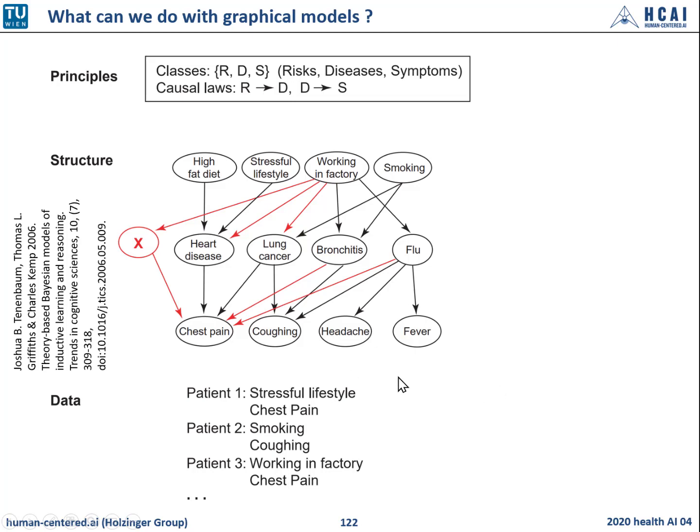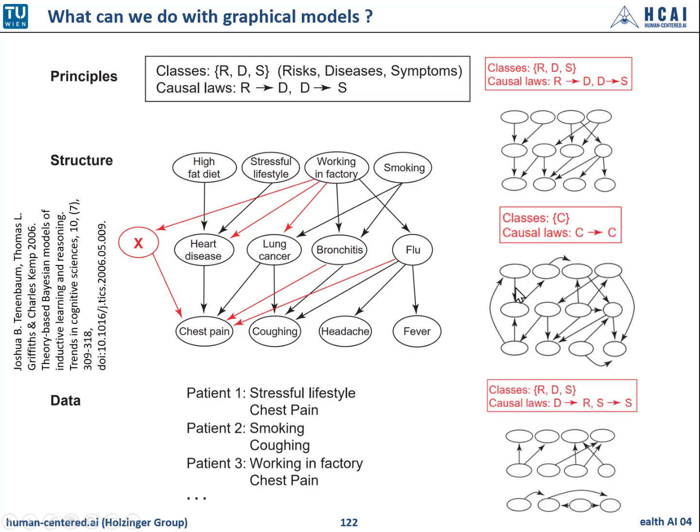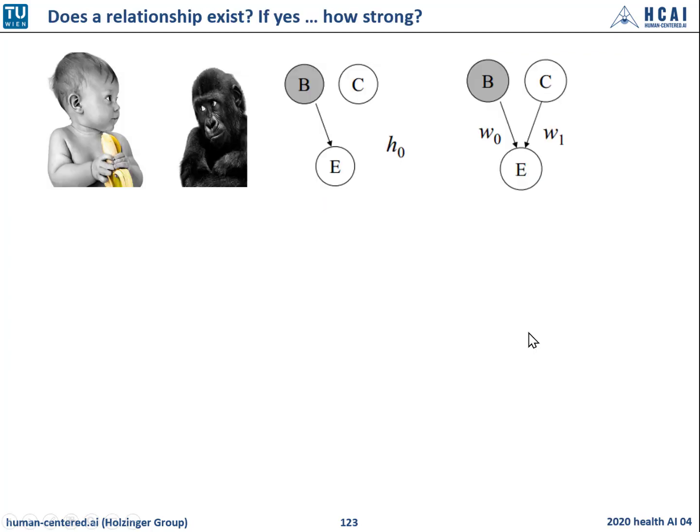So this is very relevant for us, and as you can see here on the right side, we can use graphical models to infer the number of classes, which variables are in which classes, and what kinds of relationships hold between classes. And this can be done directly from the data. We will learn about this when we deal with explainable AI. The question of how abstract causal principles, for example framework theories, might themselves be learned is a major open question in both artificial intelligence and cognitive science.